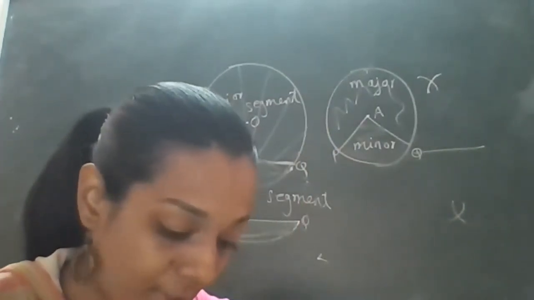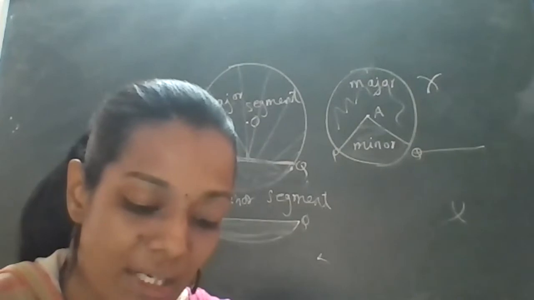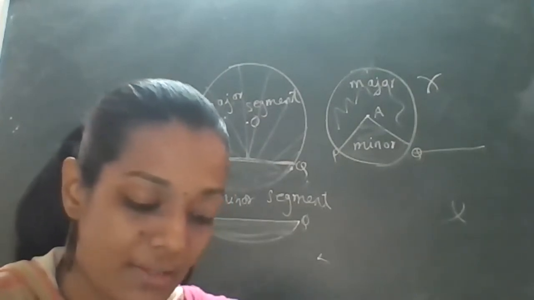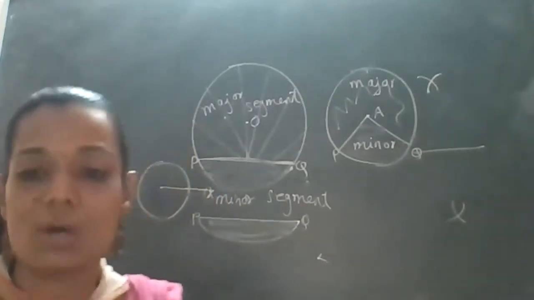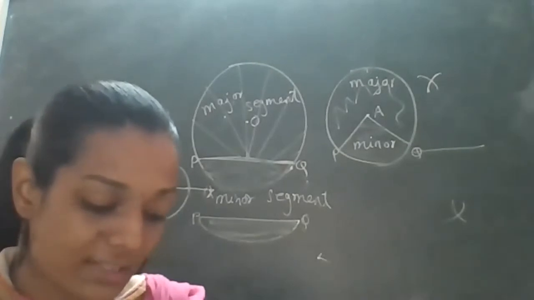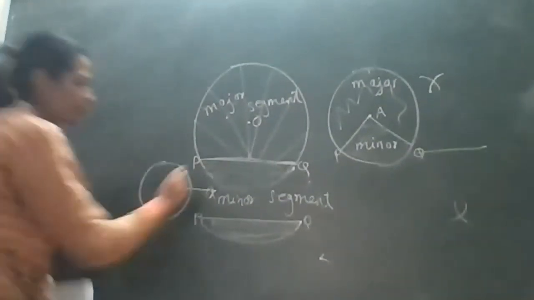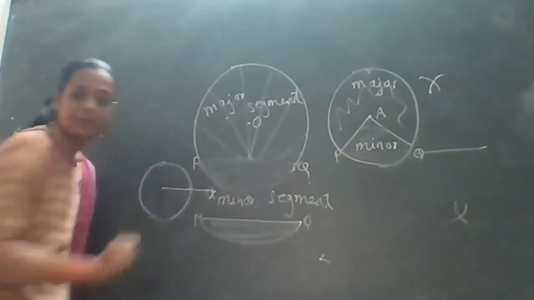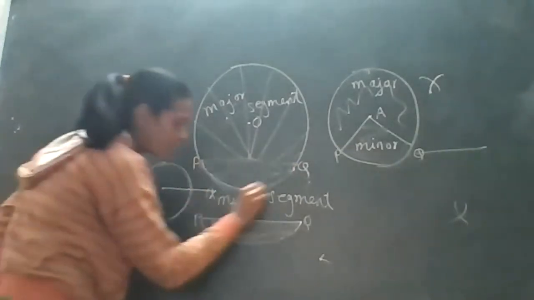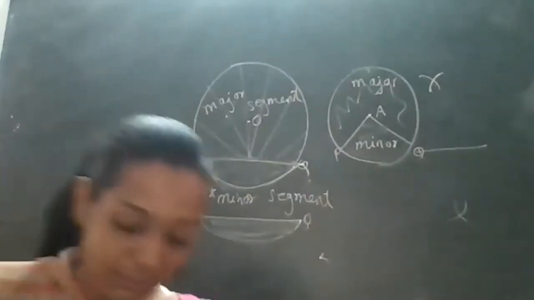Now next one. Fifth, segment of a circle is the region between an arc and dash of the circle. What goes along with the arc? Look, we are talking about this. This will become your arc. So this is the chord. The segment will be the one arc and one chord. Clear? So the answer will be the chord.